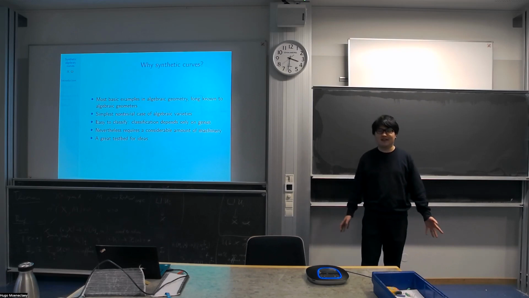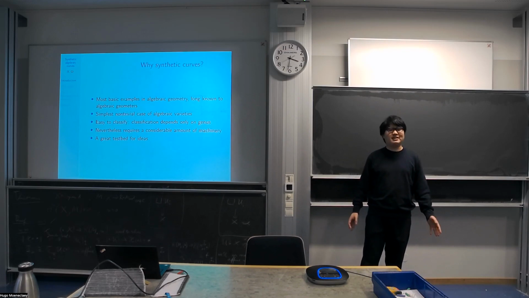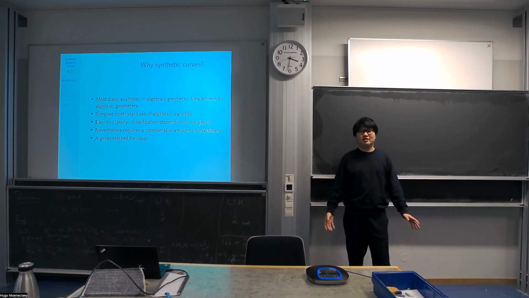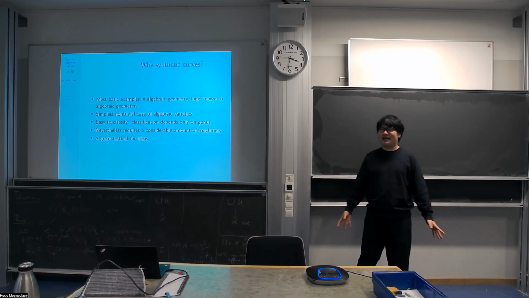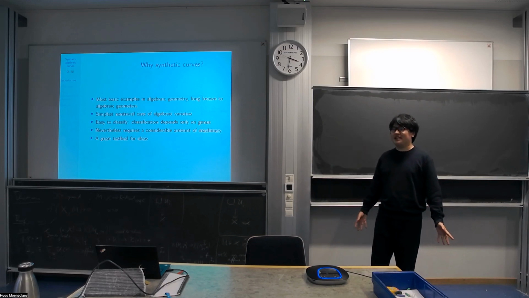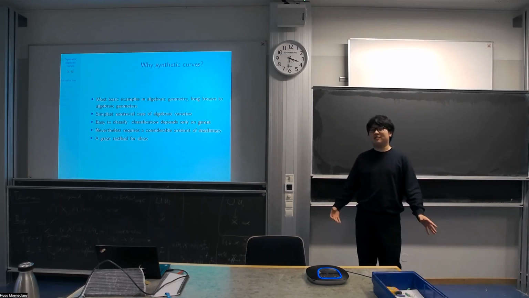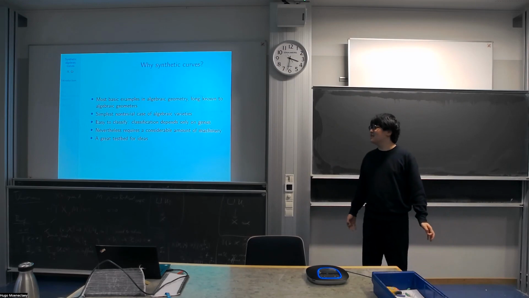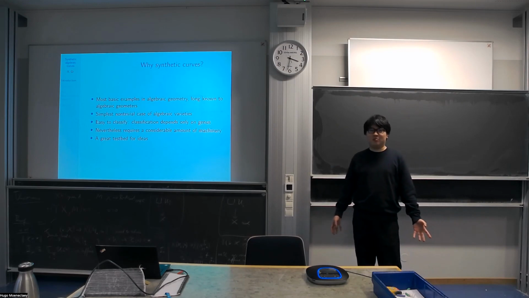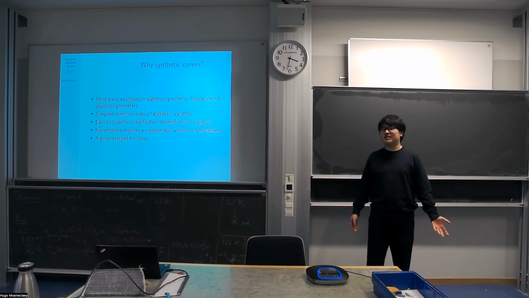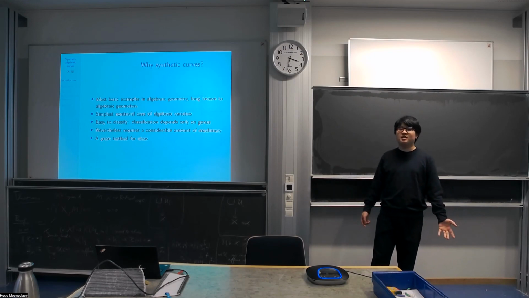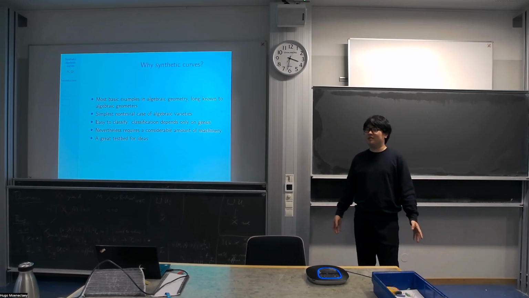Because curves are basically, they're always the first objects you ever study in algebraic geometry. Even if you're working, of course, in a, say, classical, that is pre-Grothendieck type of approach. So, but even in more scheme-based algebraic geometry, usually curves are the easiest, the most common type of examples, because they're